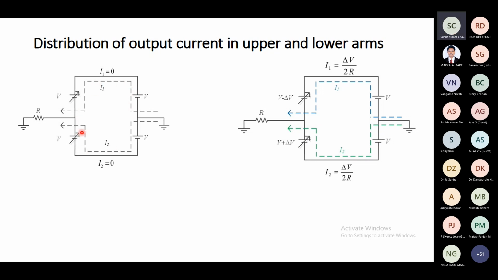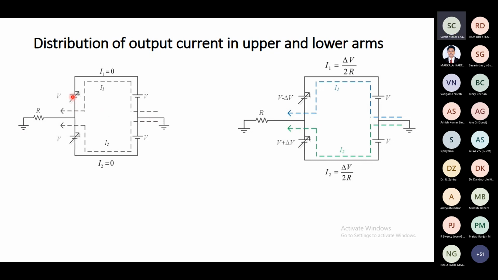flowing in this loop, as well as, since this voltage is at V and this voltage is also V, and this resistance from now we are considering as a load, the other side is connected to this ground point, the return path. So there will be no current here. This point potential will be exactly the same as the potential of this point. Now,